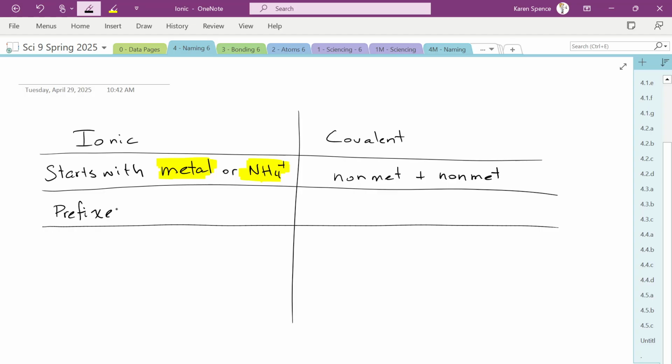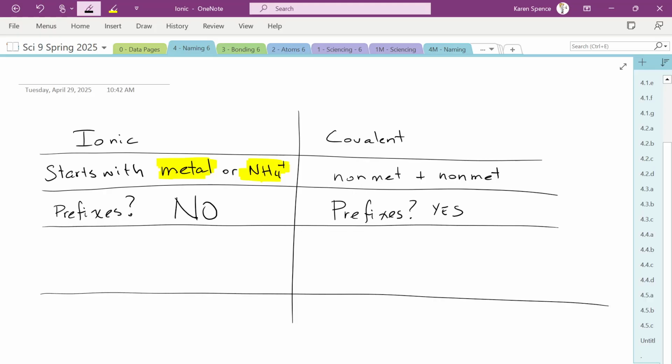Prefixes? Ionic? Yes or no? No. Covalent prefixes? Yes. What are the prefixes? Mono, di, tri, tetra, penta, hexa, hepta, octa,